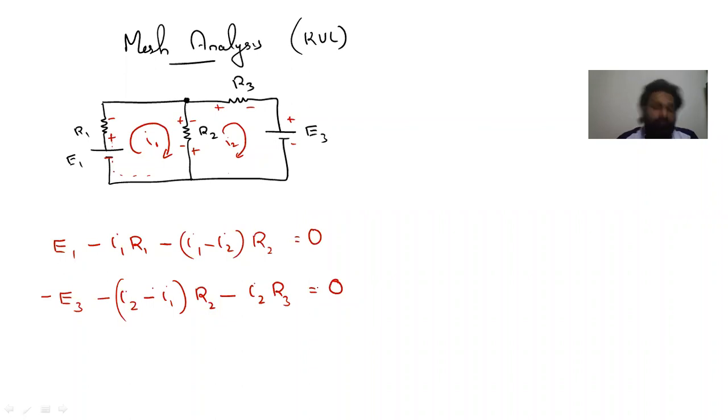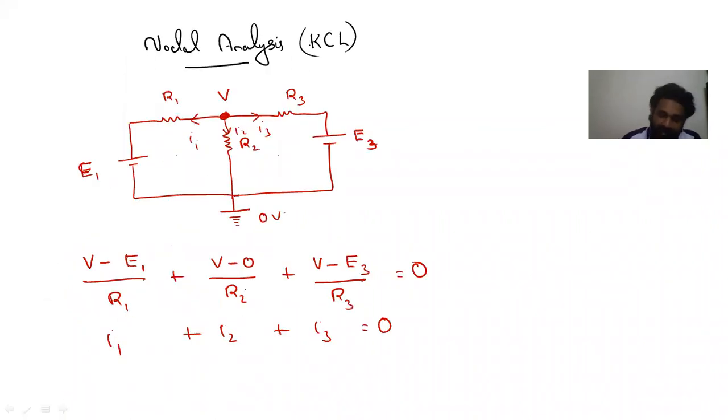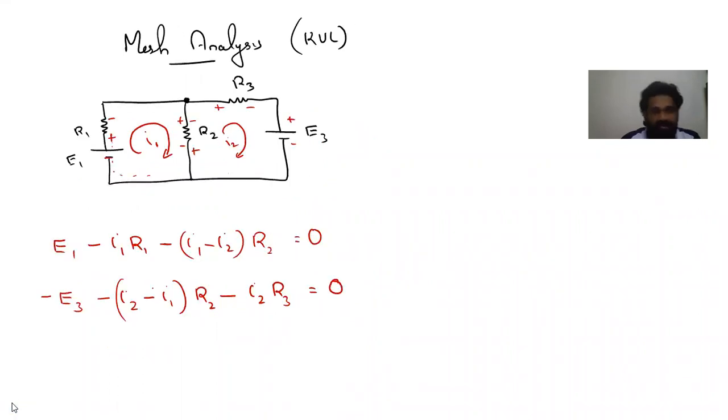But here two equations are there, but in nodal analysis only one equation is there. This is going to be comparatively easy, nodal analysis compared to mesh analysis. Any doubt in this process? This also you must understand, because we do not know, based on the question, how we may have to use mesh analysis. So just understand this process also, practice this also. Okay, any doubt in this, anyone? If you have any doubt, you can comment. If it is understood, okay, fine, we will proceed.